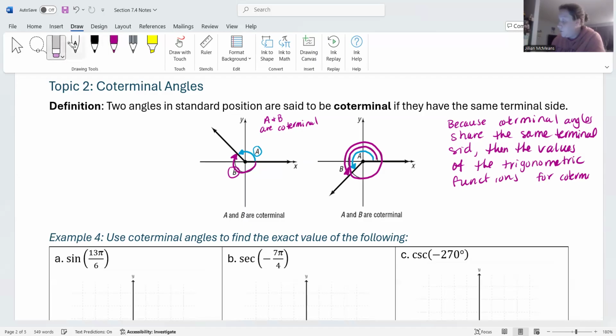Let me move coterminal, I'm not going to have enough room for it. So the trigonometric functions of coterminal angles